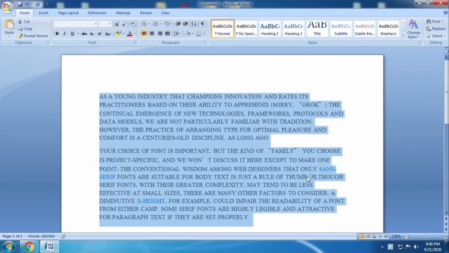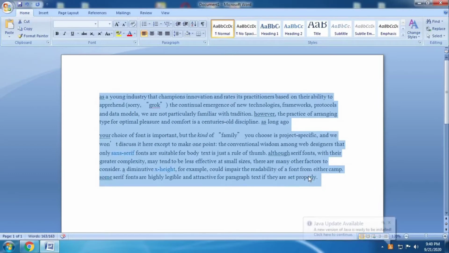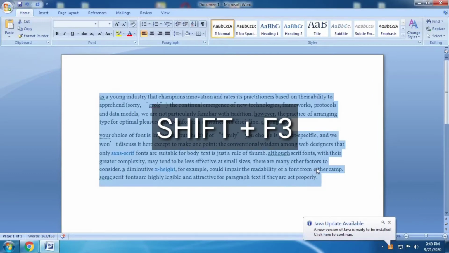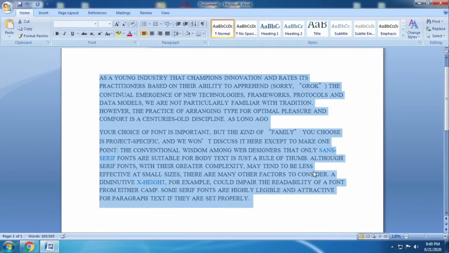tayo ng Control E. And then Shift F3 po. Yan guys, na-change na po yung text or paragraph guys into uppercase to lowercase